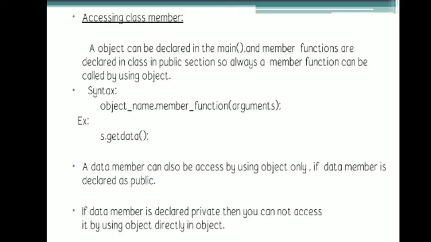Next, how can we access the members of the class? We have already defined a class and then defined objects, and in this slide we are going to see how the members of the class can be accessed. To access a member of a class, this is our syntax: the object name followed by a dot symbol, and next to this the name of the member. If it is a member function, then we have to specify the argument list inside the parentheses. At the end we use a semicolon. So this is the syntax for accessing the members of a class.